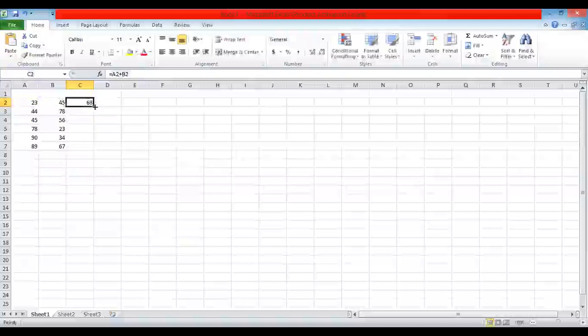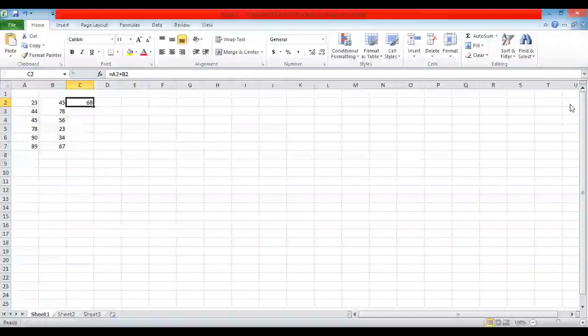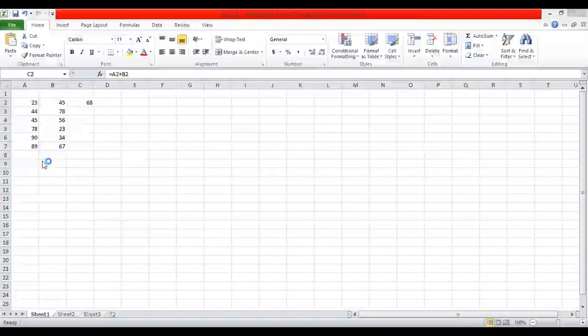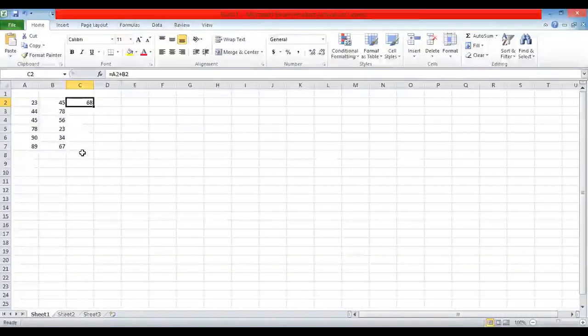So when we want to find the corresponding values of the other numbers, I'm sure you're able to see them. Yes, I can see. So if we want to find the other corresponding sums of these particular numbers, we can simply put